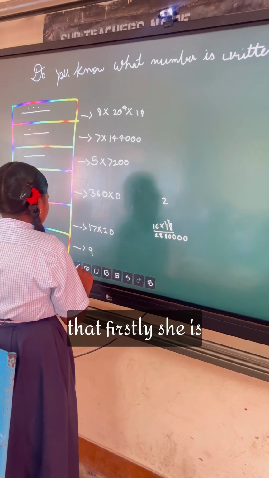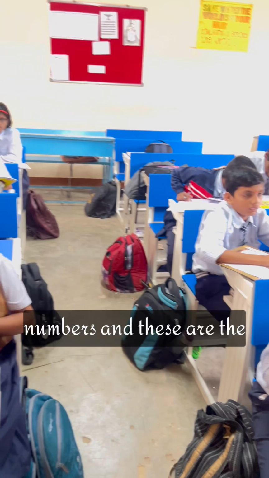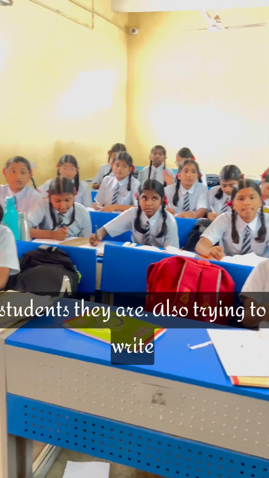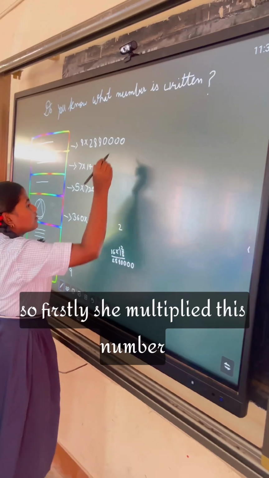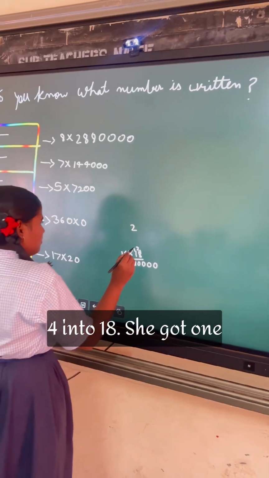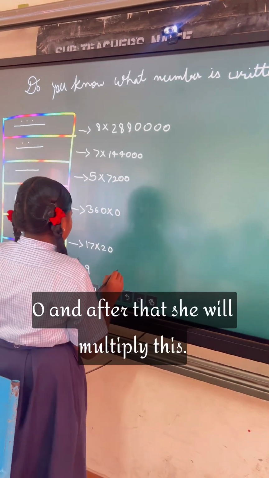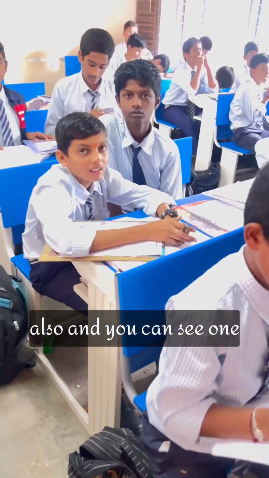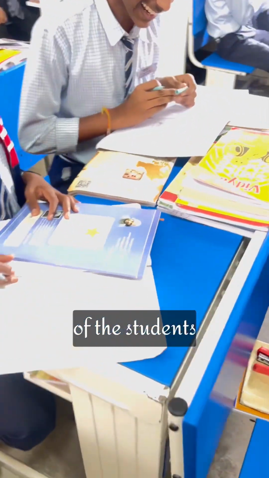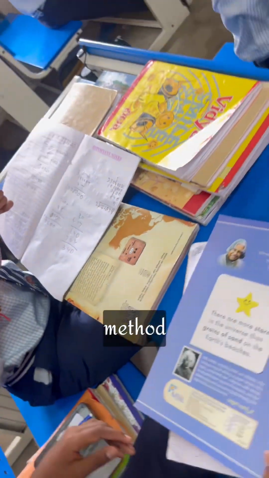So like that, firstly, she is multiplying the numbers, and these are the students. They are also trying to write the numbers. So we'll check. Firstly, she multiplied this number by 20 power 4 into 18. She got one number, 2884 times 0, and after that she will multiply this number by 8, and she will write the answer also. And you can see one of our students, Sai Nishant, has done this method,